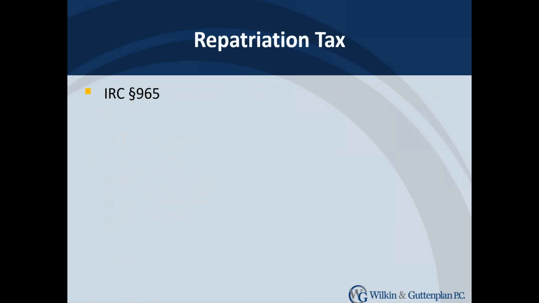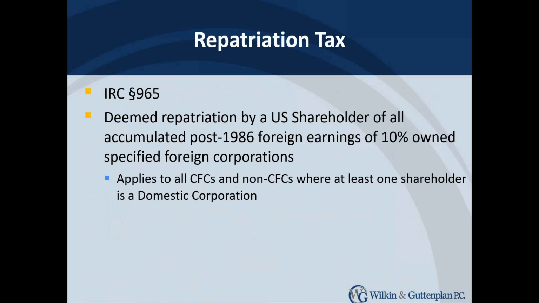Congress has amended Code Section 965 to put in a brand new code section for this repatriation tax. Previously, back in 2004, they had a similar provision that allowed companies to voluntarily repatriate their foreign earnings at a reduced rate. And that's exactly what this system does. However, it brings it in as a mandatory deemed repatriation rather than a voluntary one. So let's look at some of the language and then we'll talk about it in more detail.